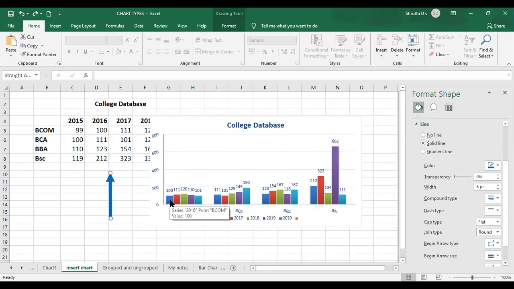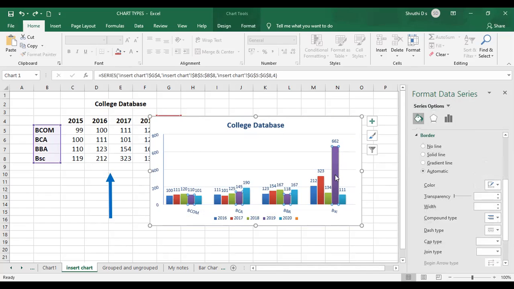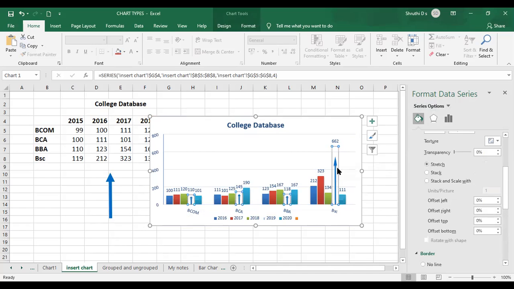And now select the bar to which it has to be implemented. So I'll just go with this higher one. So the difference can be seen, right? I'll select the bar and press Control V. Now the bar is replaced with the arrow mark, right? So this is how the shapes can also be used in your chart sheet.